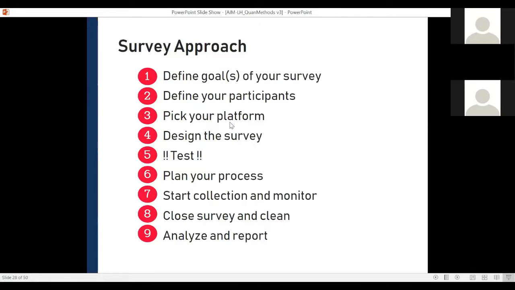So I'm going to talk to you today about the survey approach, and I'm sure several of you have done surveys at some point, and I really think whether you've done 1 or 100 surveys, it's really helpful to go through these steps one by one as you're starting the survey process. So hopefully this is really helpful for you all. And if you have any questions as we go through, like we just did, you can just send it and we'll try to address that as we go. So here's the 9 steps that we'll cover today.